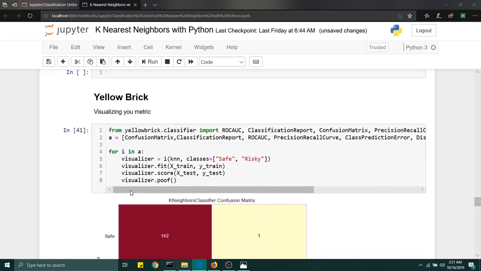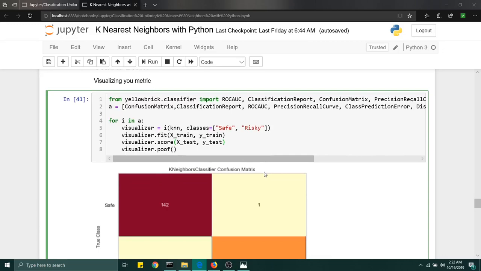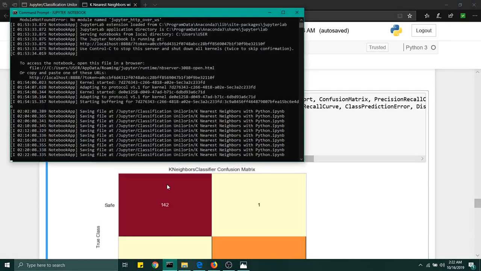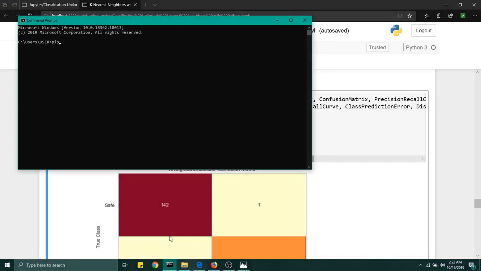Now Yellowbrick is a kind of metric visualization library. So it helps you to visualize your metrics very well. So what I did here is from yellowbrick. Now before you can use Yellowbrick, you have to install it. You have to do pip install yellowbrick from your command line. So you go to your command line, then you type pip install yellowbrick, and after doing that, you wait for it to load, and once it is done loading,